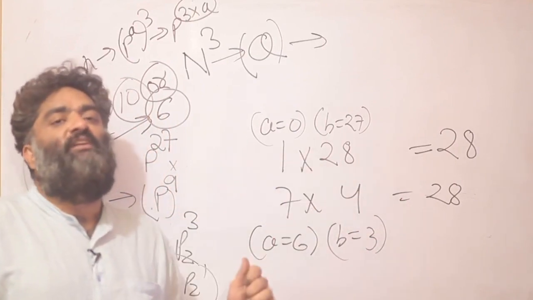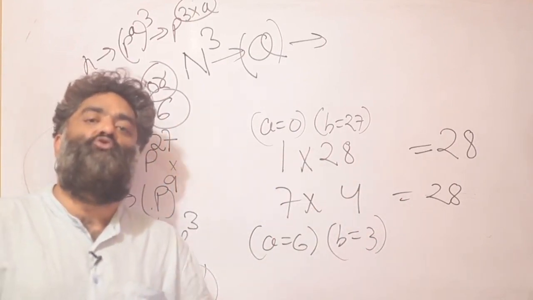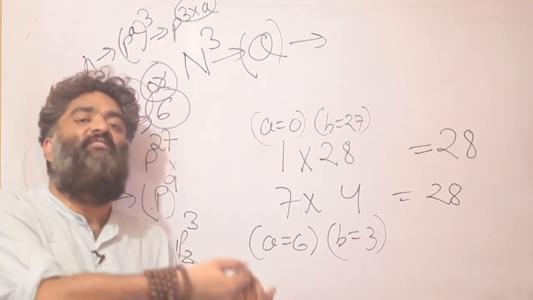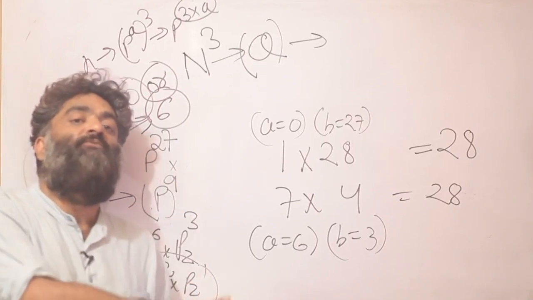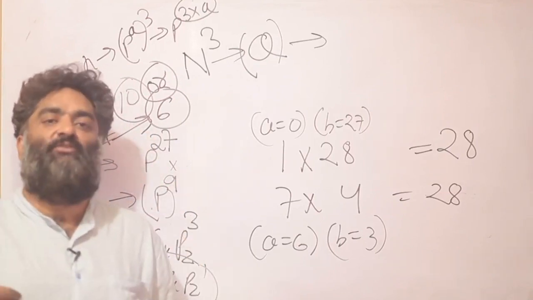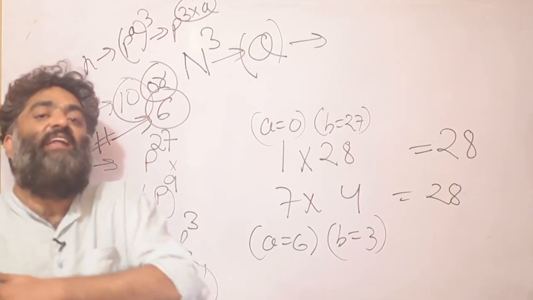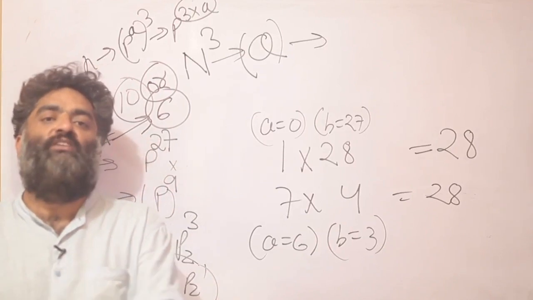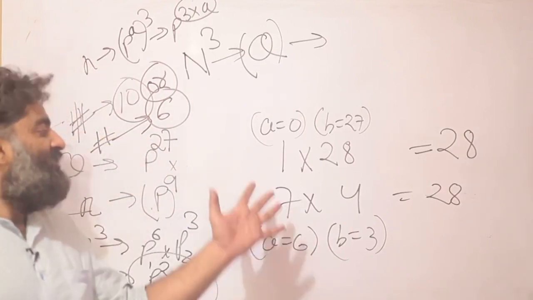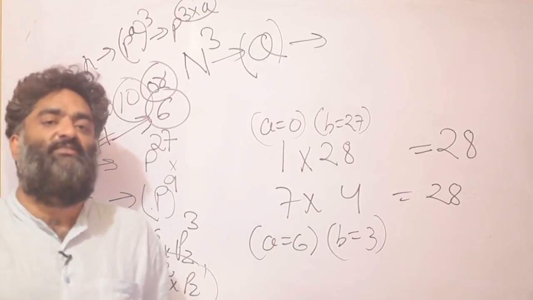28 can also be written as a product of three natural numbers. For example, 7 into 2 into 2, right? Now, what would this 7 into 2 into 2 would mean for Q structure? Then what would it mean for N structure, because Q is N cube? And then you find out the value of N and then the number of factors for N for that situation. So that homework is being left to you, because we have already seen the logic. Hopefully you should be able to execute it, and then you can submit your answers, right?